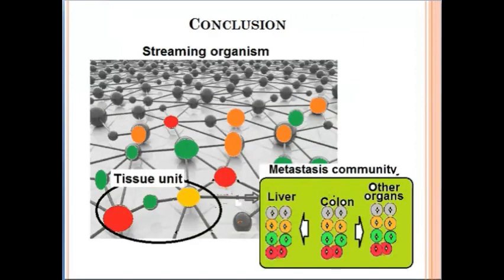So, conclusion. Here you have the streaming organism which I described in the first chapter. Here you have a tissue unit, and now we are dealing with a colon tissue unit, and this colon tissue unit